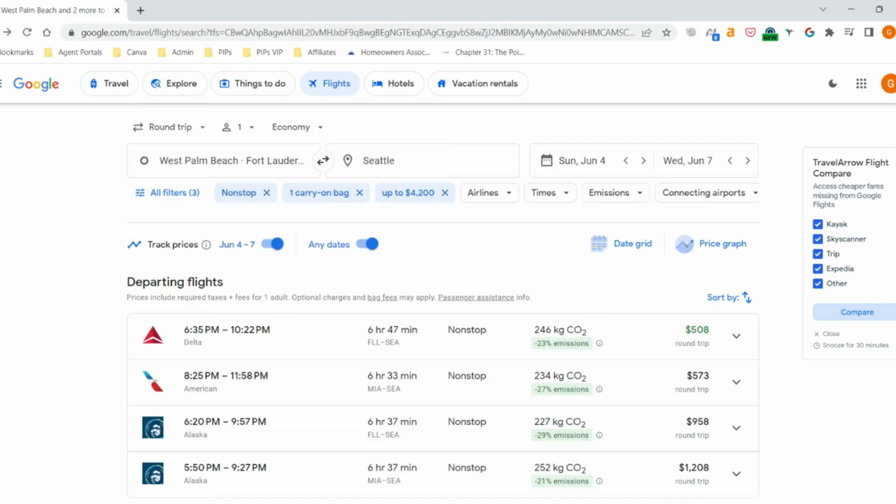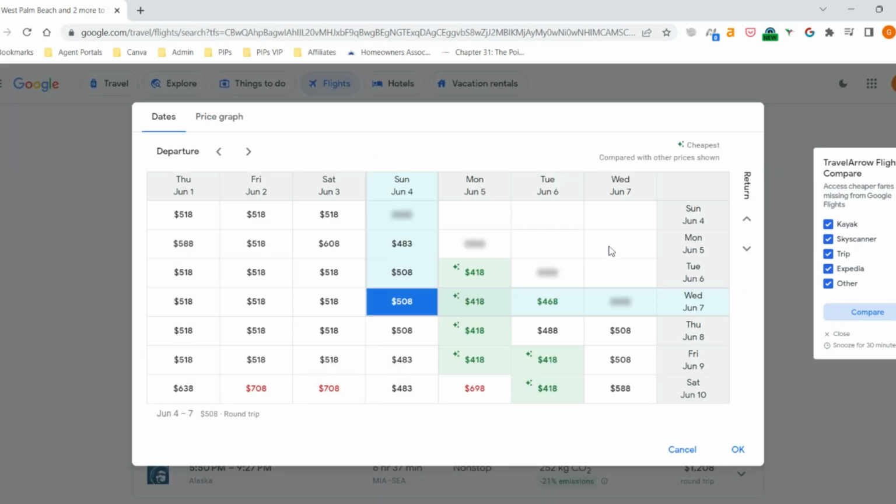So next thing I want to show you is the date grid. You can come here and look at the date grid and it'll show you the pricing for different days. So on Sunday, the date that I chose, it's 508, but if I wanted to fly Monday, it could be 418. Or if I wanted to fly Tuesday, it could be 468. And then if I click on the price graph,